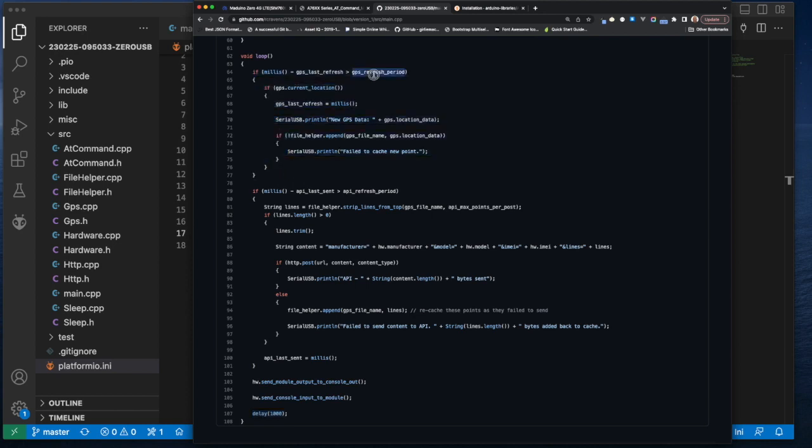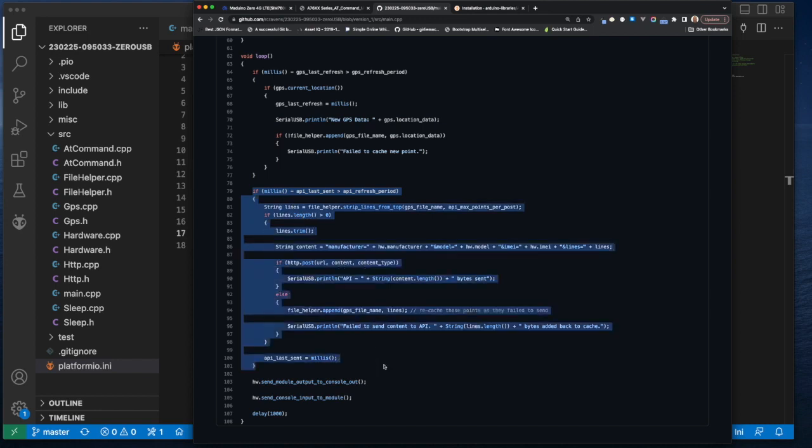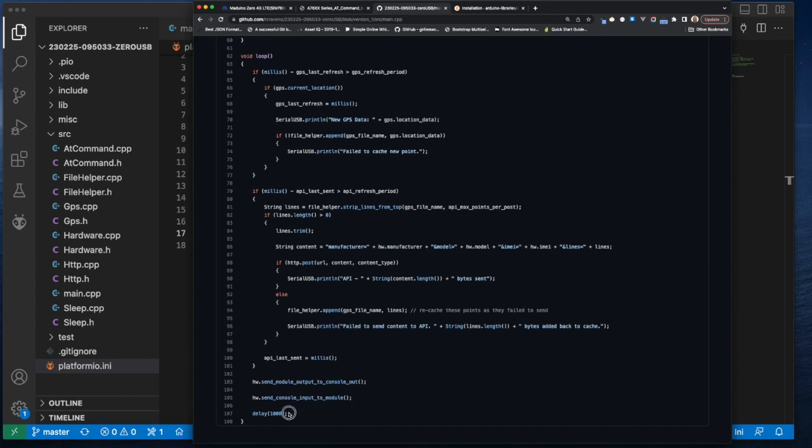the GPS period, maybe that's only every 10 minutes. I want to collect a GPS point every 10 minutes, and maybe I want to cache those GPS points and send them every 20 minutes. And so this wake up call down here is a little inefficient. It causes the board to wake up. And so we're going to try to fix this today. We're going to remove this delay and see if we can't do something that's a little more power efficient or